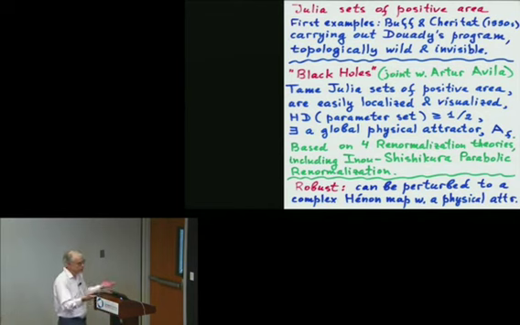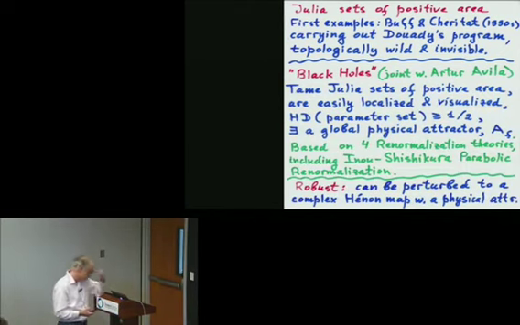And for a long, long time, it was assumed that all Julia sets have zero Lebesgue area. It was a conjecture, also going back to Fatou, that all Julia sets must have zero Lebesgue area. And it was fairly recently, in the 2000s, about 10 years ago. Sorry, it's a mistake. So Buff and Chéritat carried out in a remarkable way a program which was set by Douady to construct first examples of Julia sets of positive area.